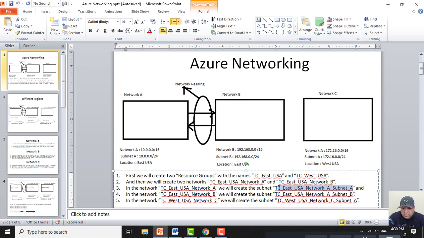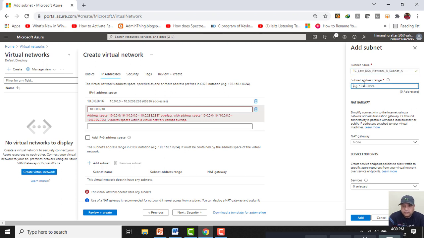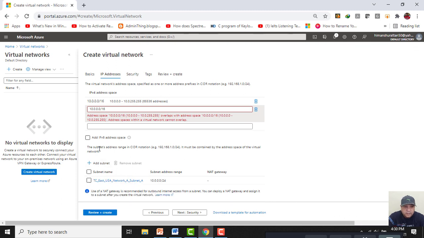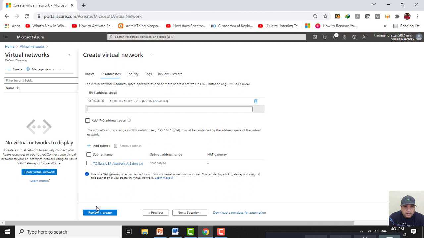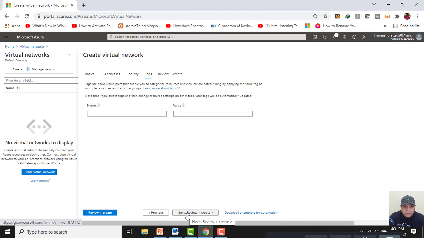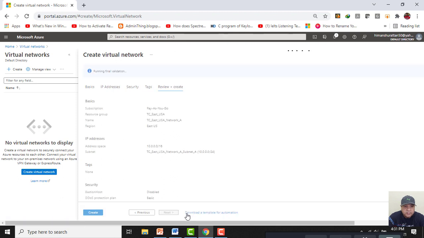I will use this one, 10.0.0.0/24. Click on add, and I will click on next, security, next. Let's wait for the validation. Validation is passed and click on create.